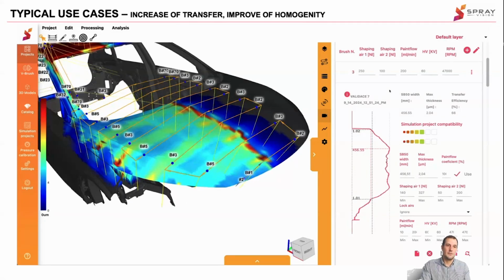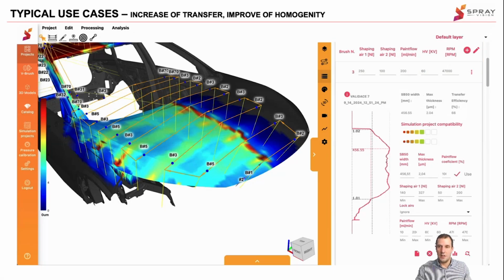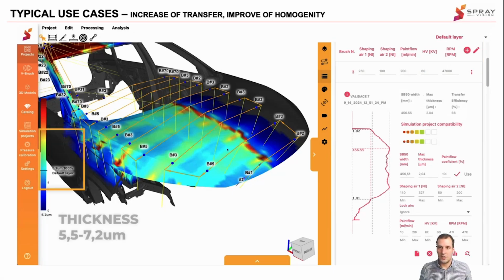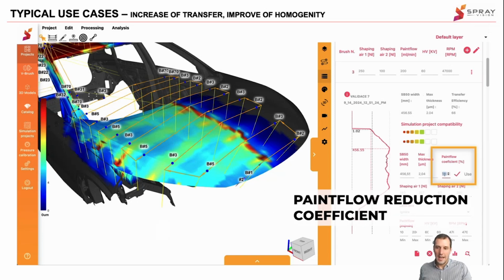First use case is focused on the paint flow optimization, which means higher transfer efficiency. So here are the initial conditions which were sprayed. You can see that the thickness distribution is following as the mouse is moving. And now we would like to decrease the paint